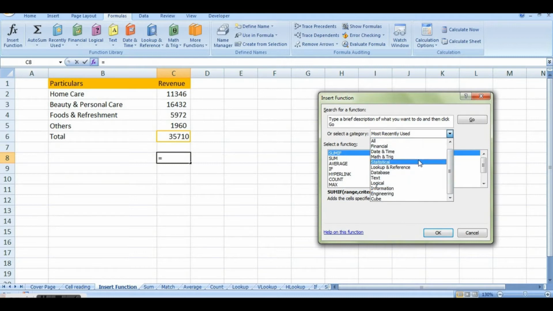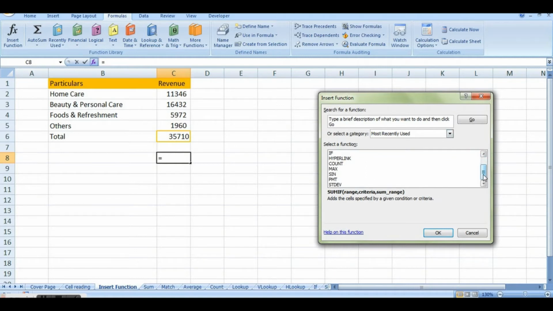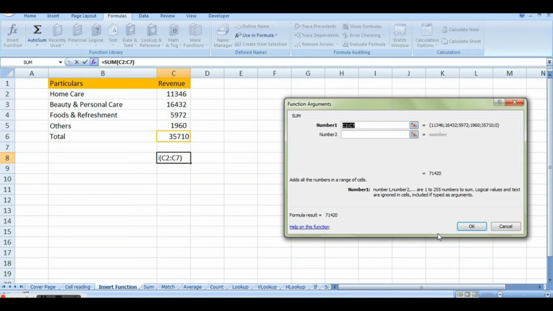There are various categories like financial, date and time, math and trigonometry, statistical, and so on, or even the most recently used. You can select the appropriate formula from that. Say for example, if I want to select sum, you can simply click on that and another table will appear which will tell you the details related to what is required to be inserted to use that particular formula.